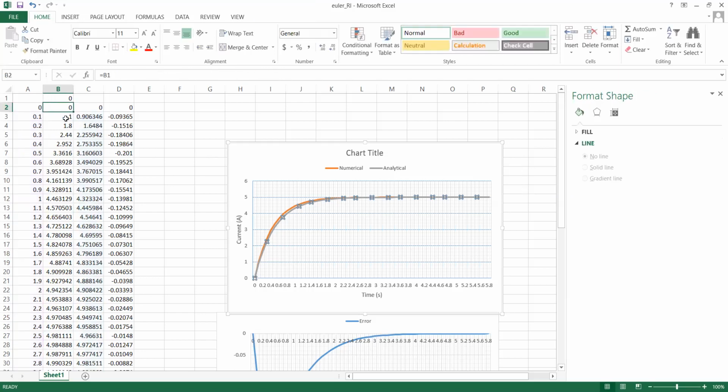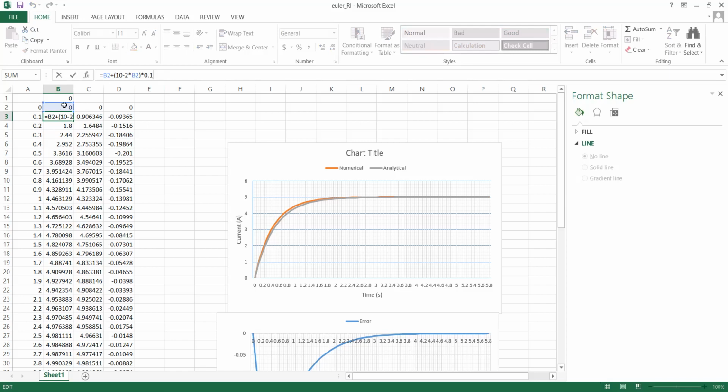Your algorithm is equal to the previous value present in your B2 cell, plus (10 minus 2 into the previous current) multiplied by the step size 0.1. That means the value of your voltage, 10, minus 2 into the previous current. Do you understand this? Yes, sir. Is it not your Euler formula,